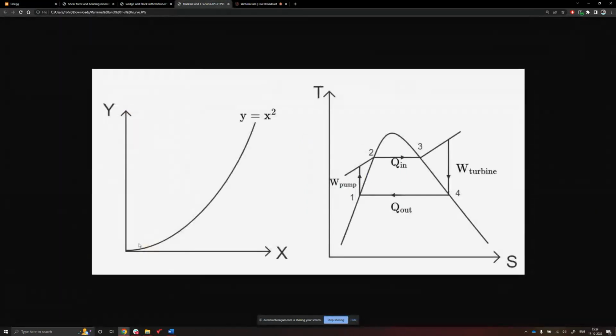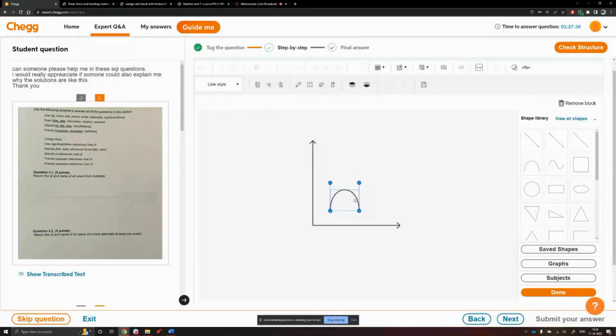So to draw a y equal to x square graph, first notice the starting point and the ending point. It starts from the origin and it ends here at the top right. So this curve tool is designed in a way that you have to put the starting point at the origin and then the ending point here. So the shape of the curve changes, so don't worry about that.